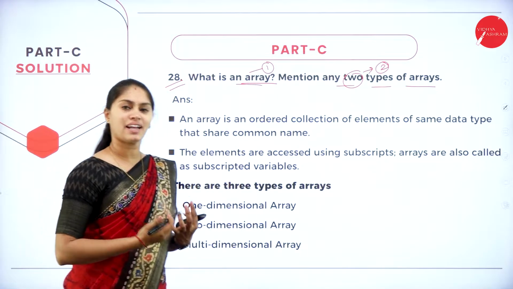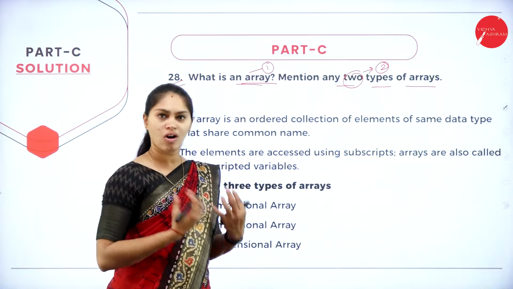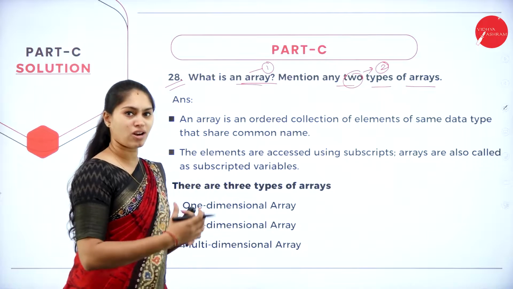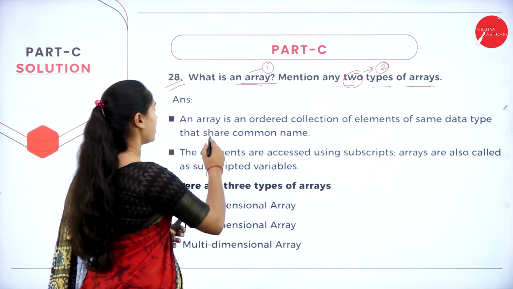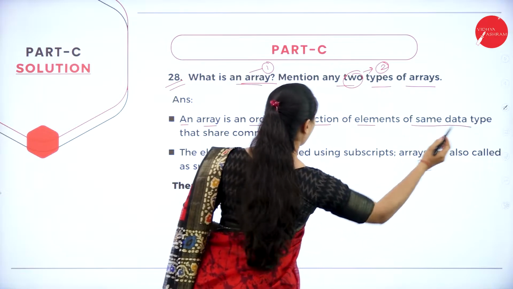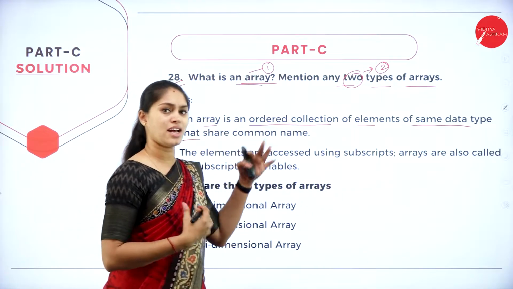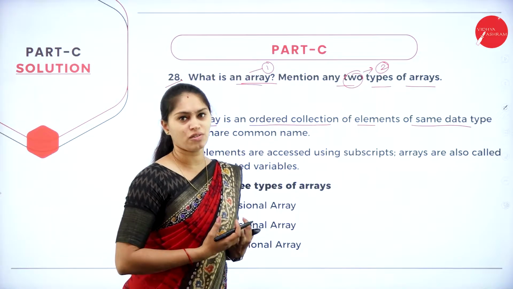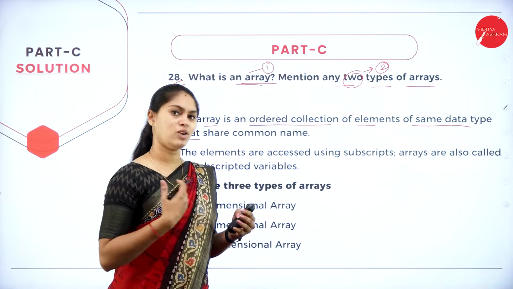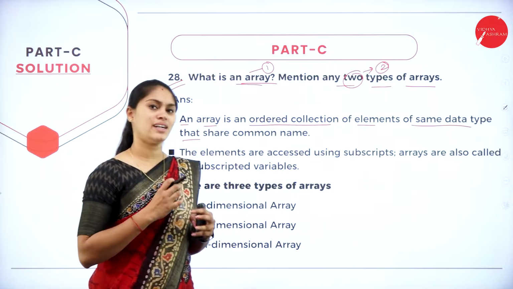As we all know, an array is a collection of homogeneous elements. All the elements have the same name and belong to the same category. So here, an array is an ordered collection of elements of the same data type. This array has to group similar kinds of elements of the same data type. Only then can I call it an array,